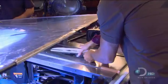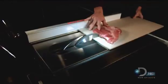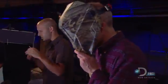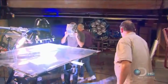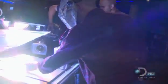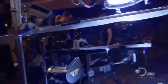Having everything set right is crucial. As if you need a reminder, this is with saw stop. This is without. That mask Steve is about to put on isn't a protection from spurting blood. It's to protect his eyes from the bright lights needed by our high-speed cameras. You are never going to try this at home, right? Yep. Right? Finally. Lights, camera,